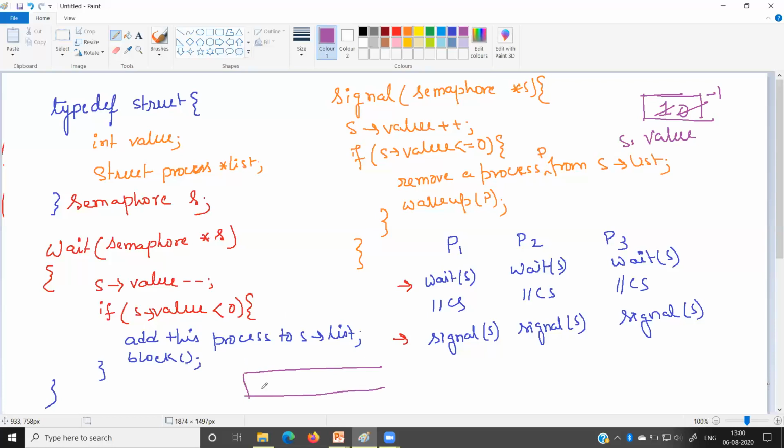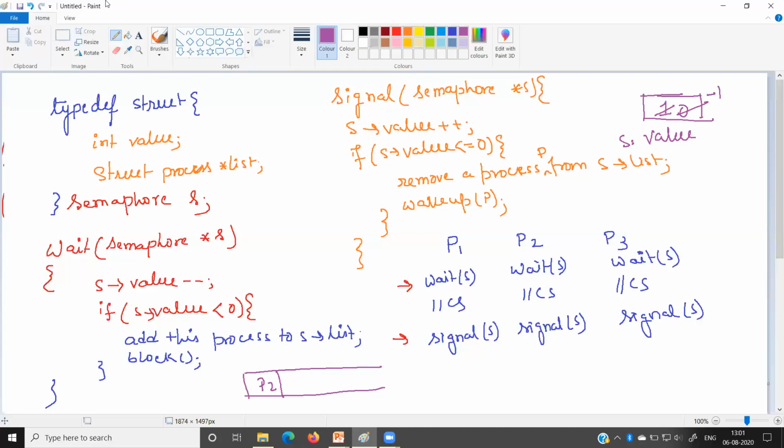So we will add P2 in the list. After adding P2 in the list, we will stop the execution of the process P2. That is blocking. P2 cannot execute and perform any job after that. Previously, processes were not able to execute the critical section, but they could continuously execute, consuming CPU cycles.